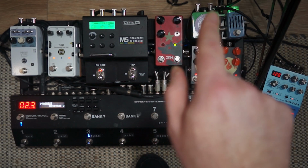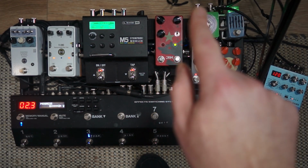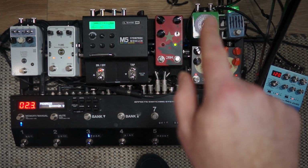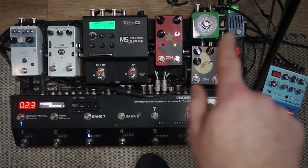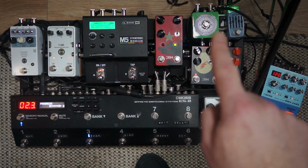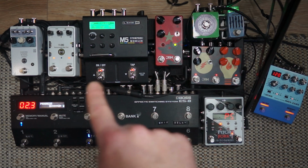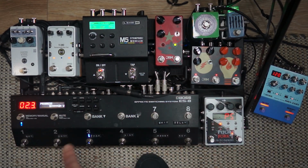Also at the back here, you can see these 2 leads. That's the 2 outputs going to the 2 amps, and beside it here there's what's called an audition loop, which means there's one loop in this pedal board that's not used that I use to try out different pedals. So at the moment the MD200 is plugged into the audition loop, and then I also have a MIDI cable that's controlling it. You can see it kind of running across the top here. It's going out and into the pedal. Right,